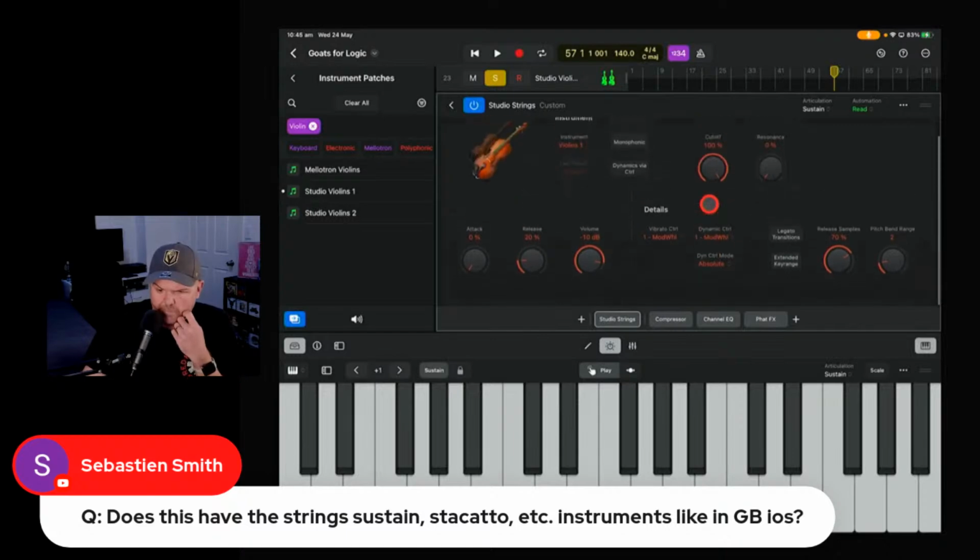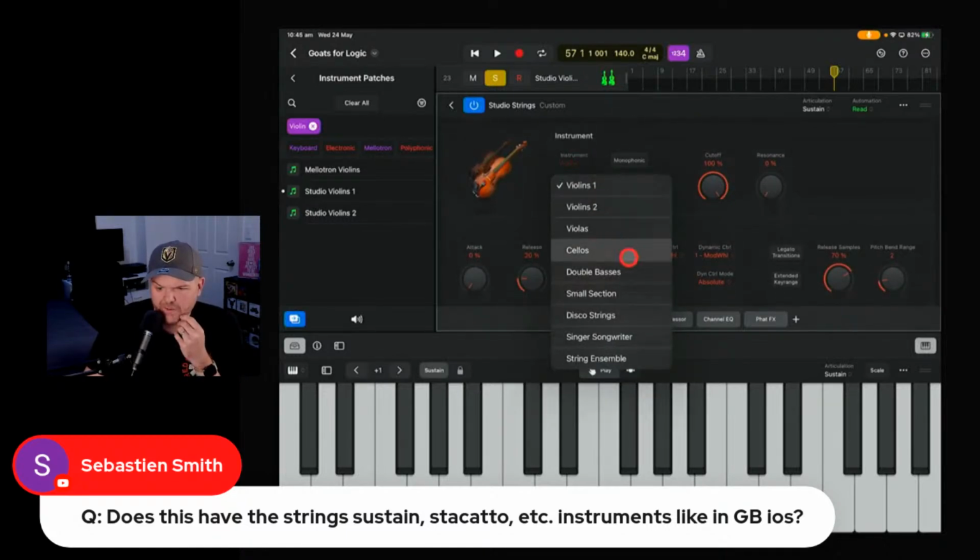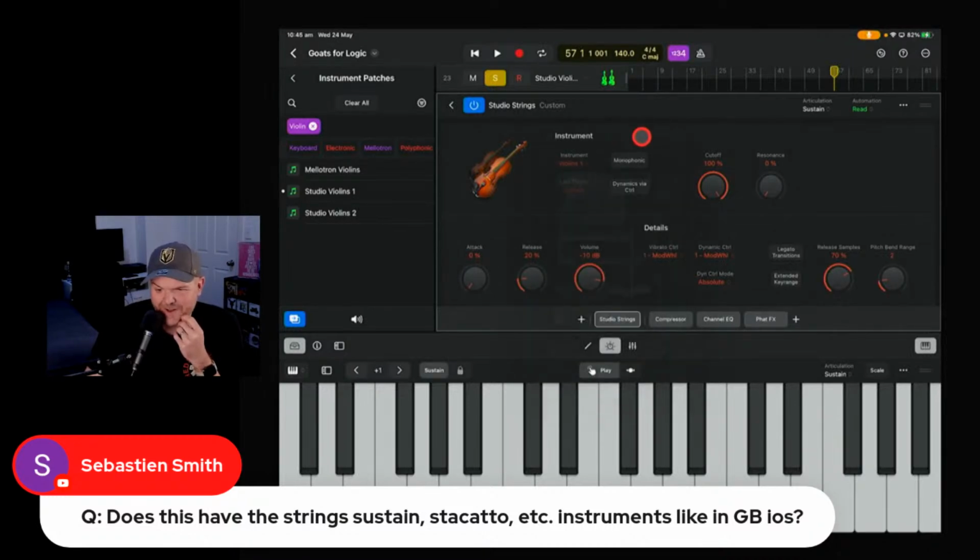I don't know, but I'm assuming that somewhere in here: violins, small sections, disco strings, strings ensemble, monophonic, cutoff. Do you just have to change the cutoff? No, that's the start. What about the release? You can make it release quickly. Dynamic control. There has to be a way to do a staccato. You can turn sustain on there, but I just don't know where it is.